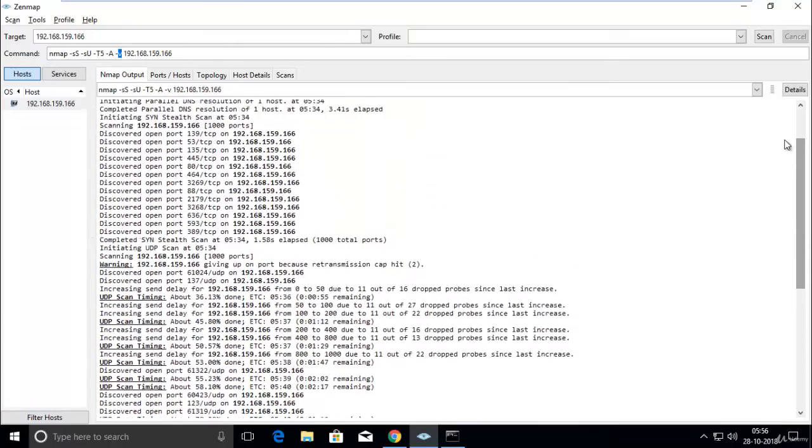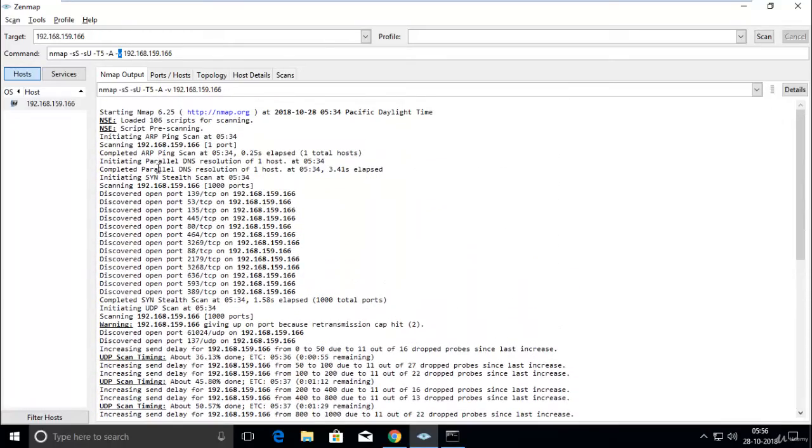Here you can see information about the target device. There are lots of services available. You can see I can ping 192.168.159.166. Here you can see the IP address information of the target device, and this is the scanning information.